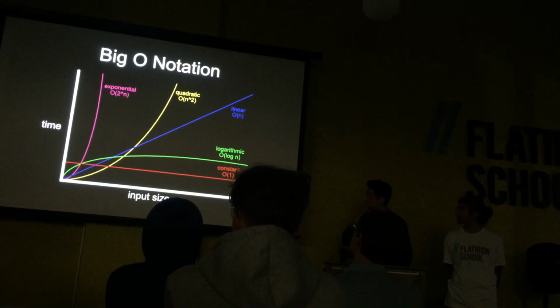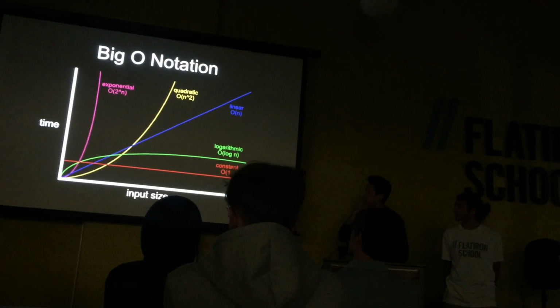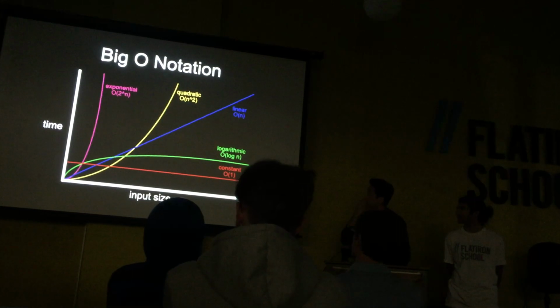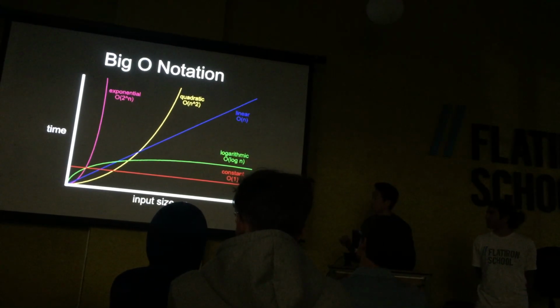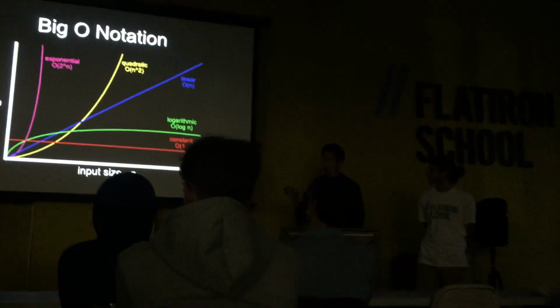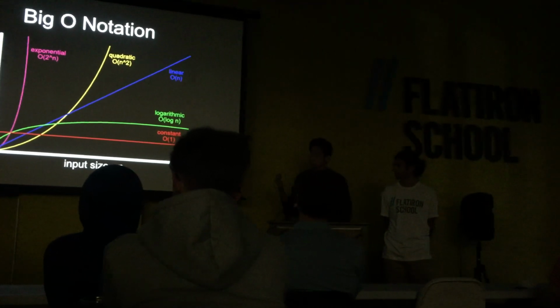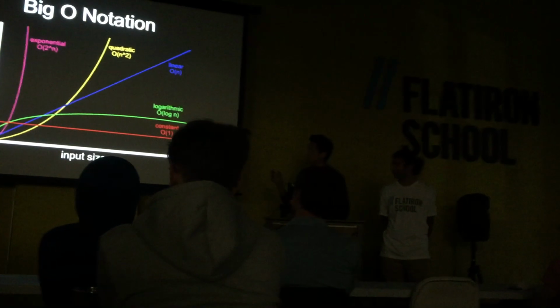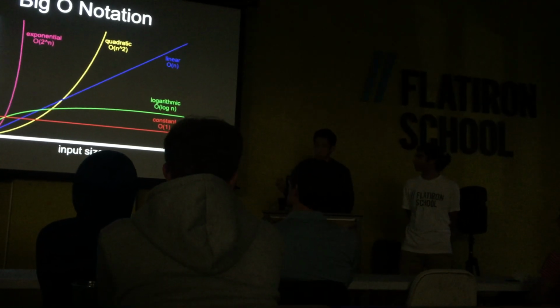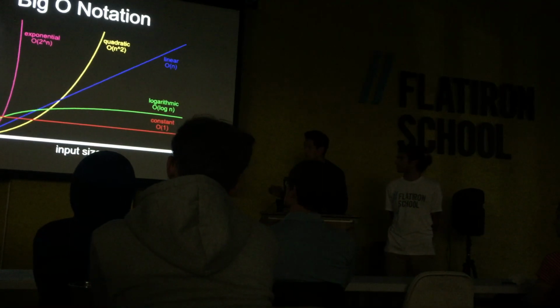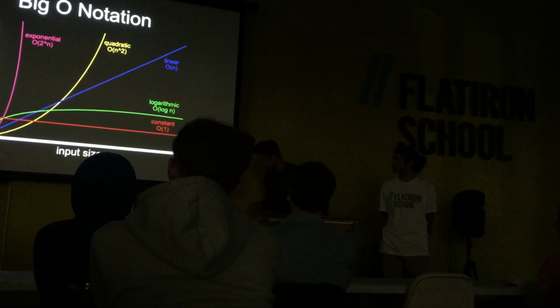This is a graph that shows growth rates for different kinds of time complexities. Generally, linear, logarithmic, and constant are considered very good, and quadratic and exponential are considered bad. But for the purposes of our talk, the way you want to think about this is quadratic is also kind of good. Exponential is the worst. So a great way to just think about this is,